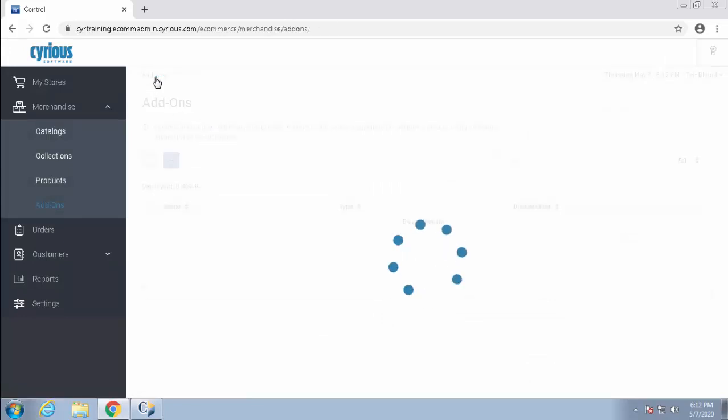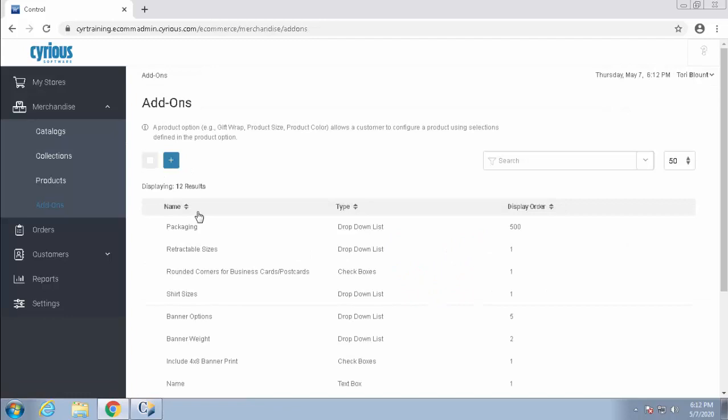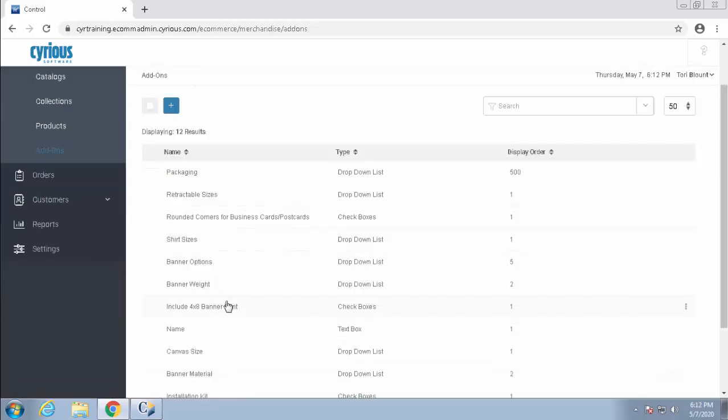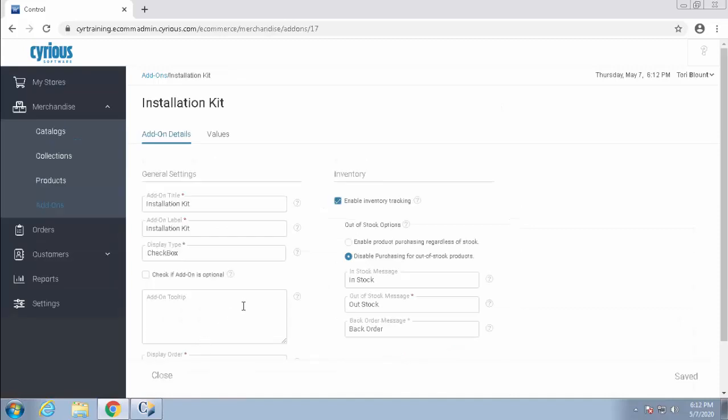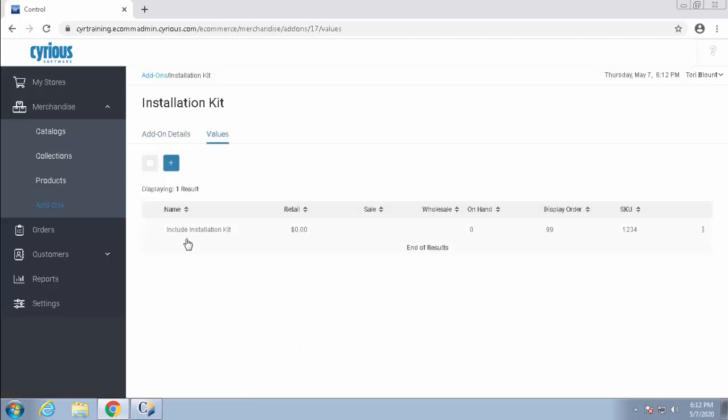However, I do want to look at some of the other value types. Let's go down to this installation kit. Most of the screen is the same, except you'll see that our display type is checkbox, and then our values tab is going to have an option because I do need to say what that checkbox represents. And next to my checkbox, it's going to say include installation kit, and then I'm not charging them for it